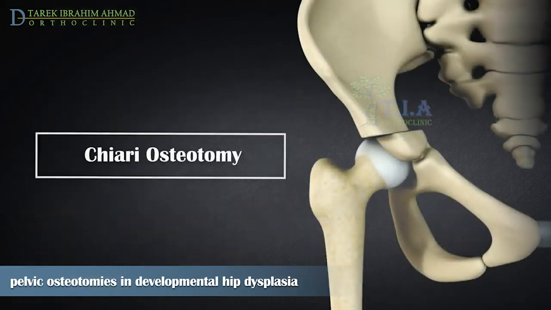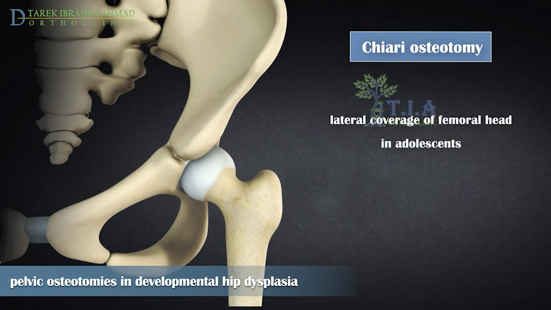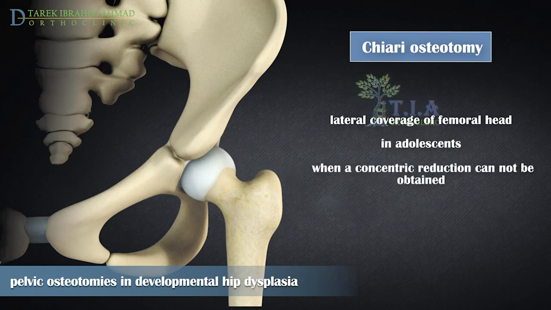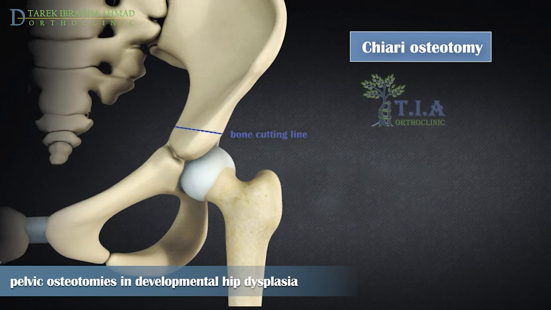Chiari osteotomy. It is a salvage procedure which aims mainly to achieve lateral coverage of the femoral head in adolescents with acetabular dysplasia if a concentric reduction is not possible. The level of pelvic osteotomy is very important and crucial. It should be less than 5 mm from the joint space and directed with a cephalic inclination of 10 degrees